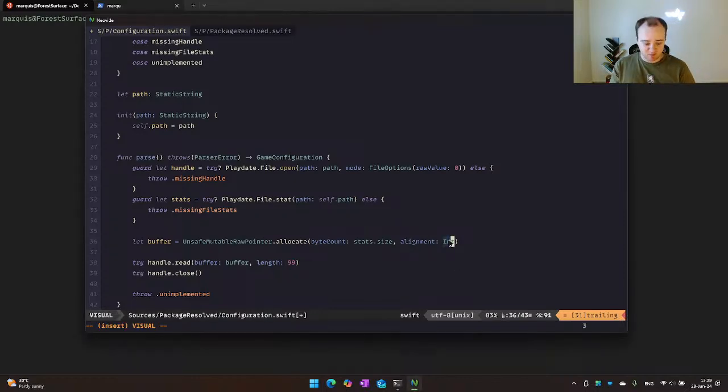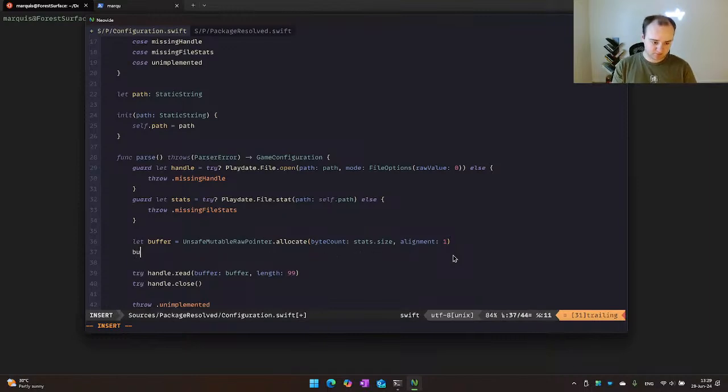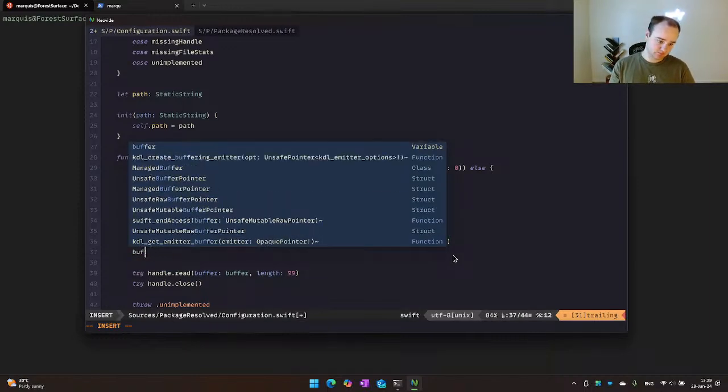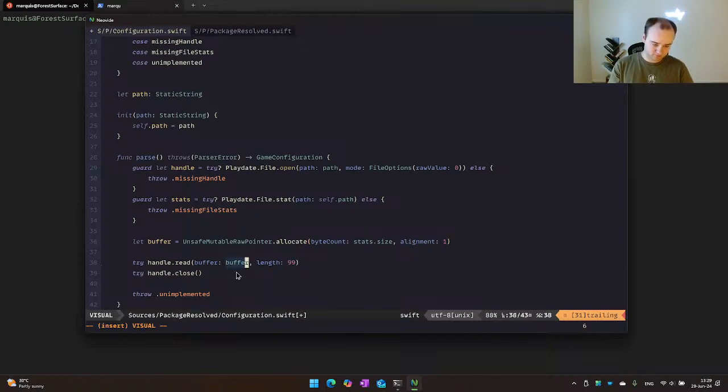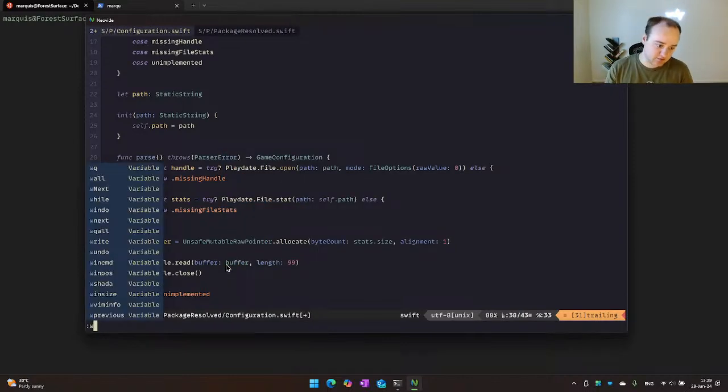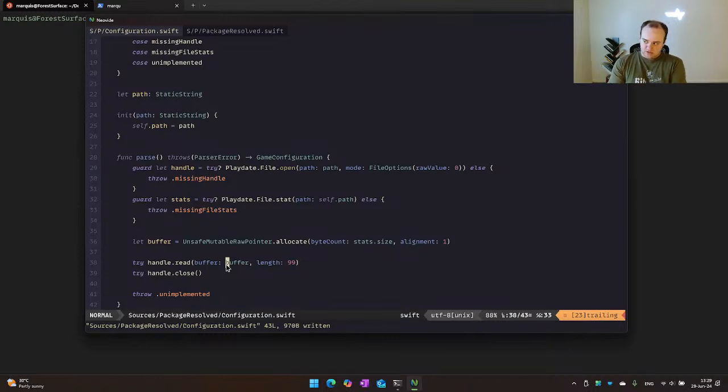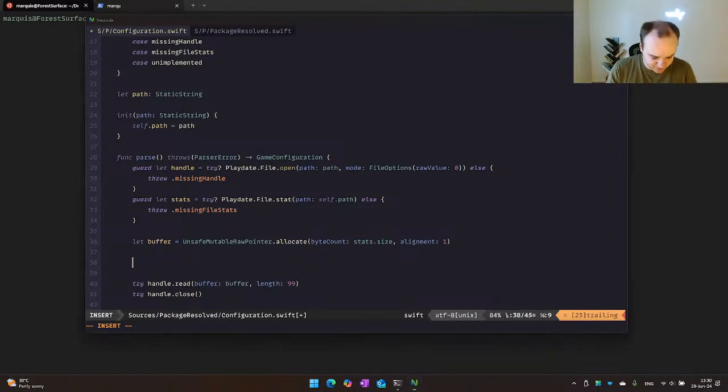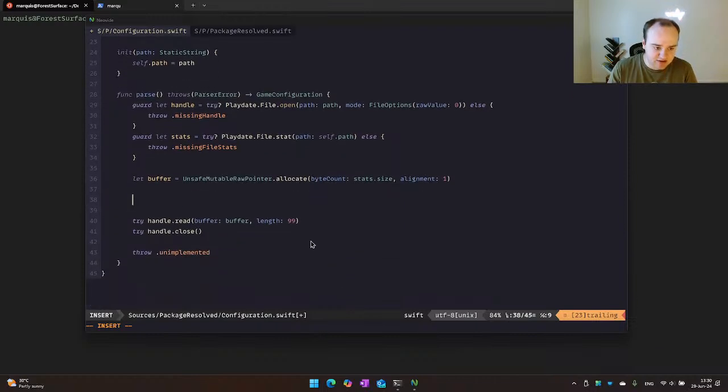I guess maybe just alignment 1. See how that works. Okay, no, we don't need to worry about this. Now, what we do know is that what we can do, as I was reading from the documentation, if I understand this correctly, is go back to read.